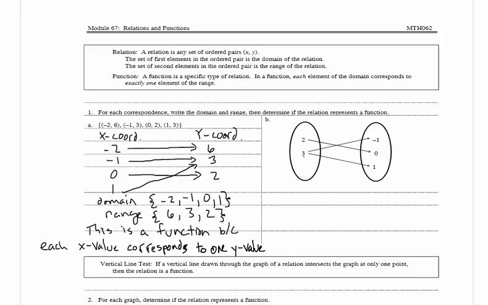In B, they've already mapped the coordinates. So our domain is 2 and 3. And our range is -1, 0, and 1. And now, if we look at the domain values, we have 2 and 3, and 2 goes to exactly one y value, but 3 goes to 2 y values. So this is not a function